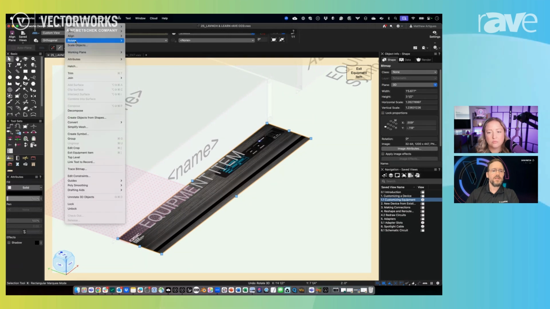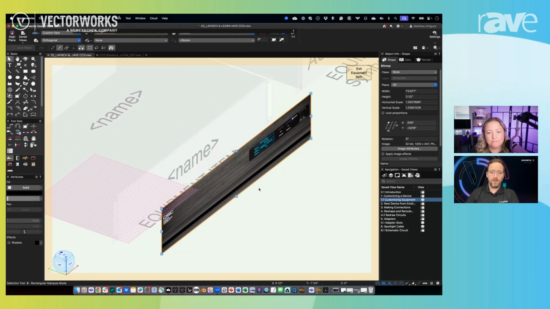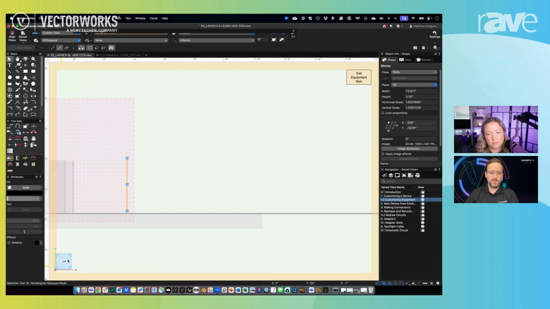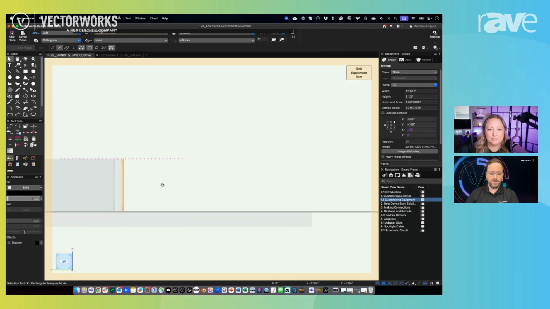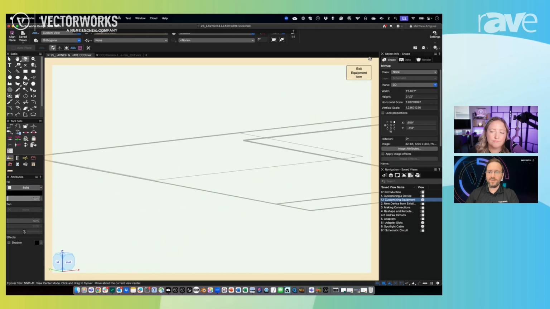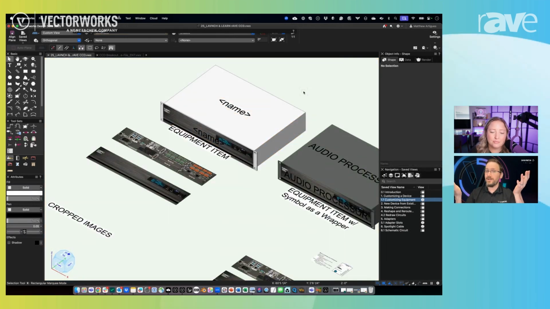My bad. Let's see, rotate 3D, not the Z, the X. There, we've now flipped it up into place. Now I can take this item and just drag it over to the front. And as you'll see, as I exit out of the equipment item, I now have a front plate image,